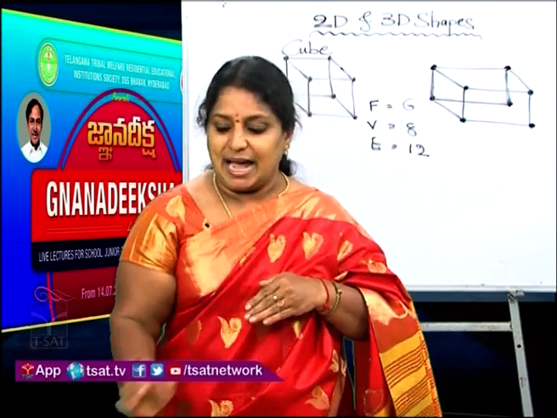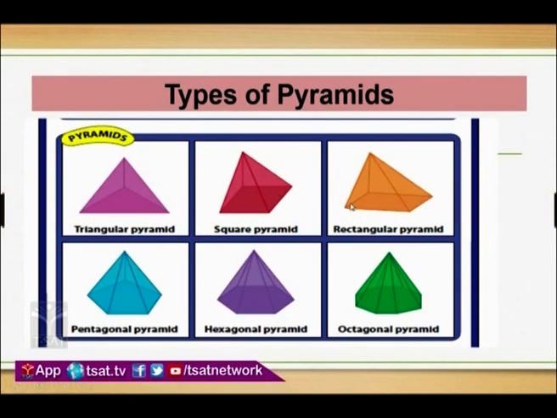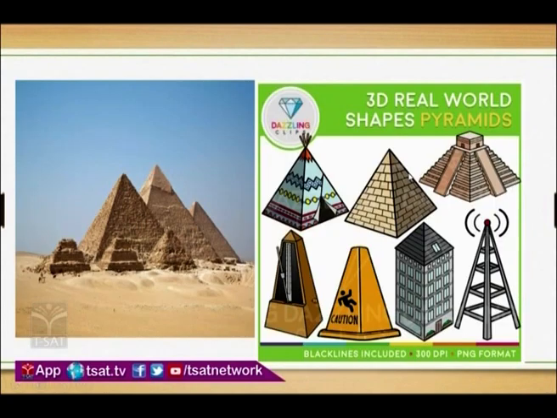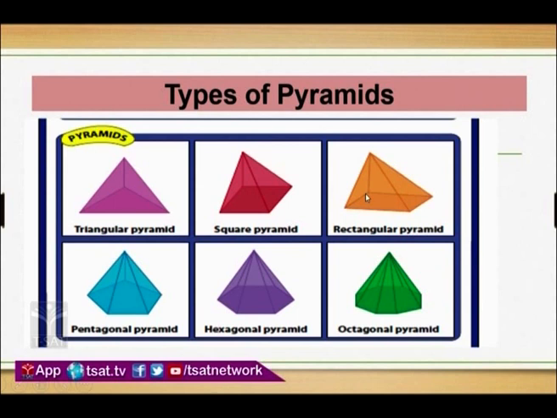And here, I want everyone to concentrate on the slide, the sides of the pyramid. Now, in each figure you observe, children, what is the shape of the sides of the pyramids? Which shape do they have? Triangle. For the prism, just recall, what sides do we have? All rectangular sides. But for the pyramids, we have triangular sides. So that is the difference between the prism and the pyramid.